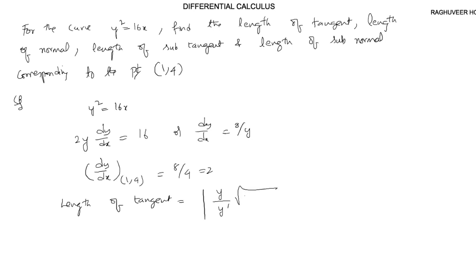Now the length of tangent, which is y by y dash, square root of 1 plus y dash square, at (1, 4), so that is 4 by 2 square root of 1 plus 4,